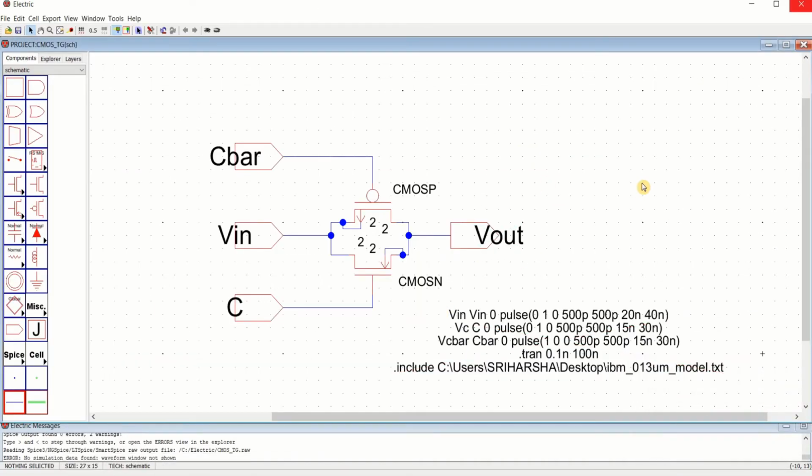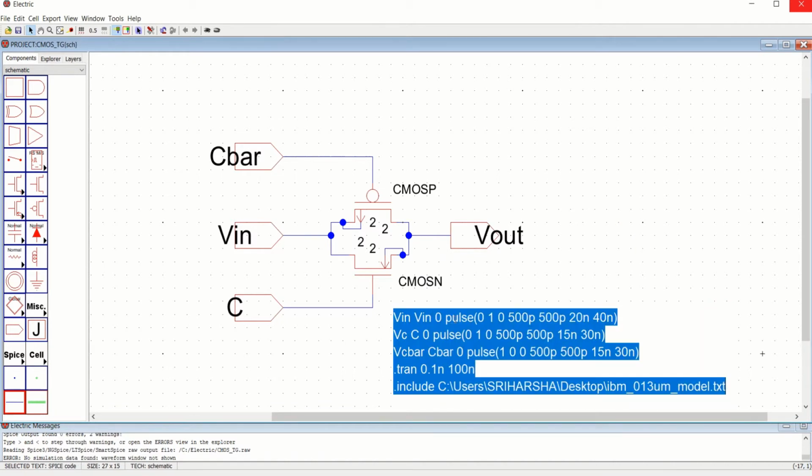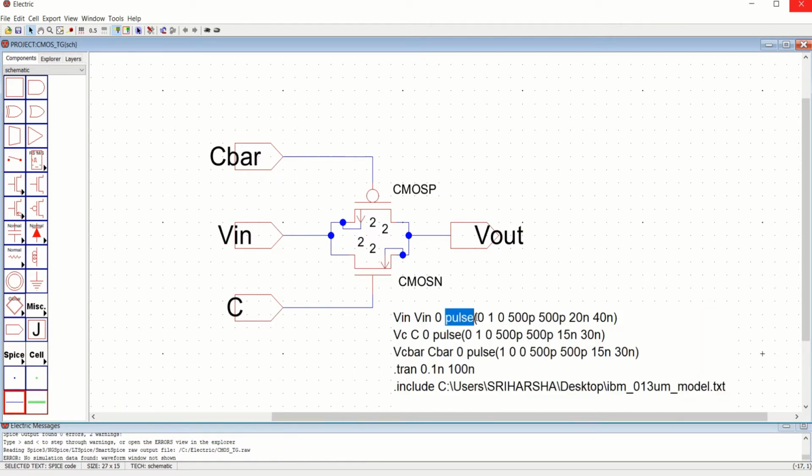If you want to view the sinusoidal input, I'll change this to sine. The same input, instead of pulse, sine, initial value of 0, then maximum amplitude is 1, of frequency 500 megahertz, with the phase shift 0, damping factor, all the parameters made as zeros.